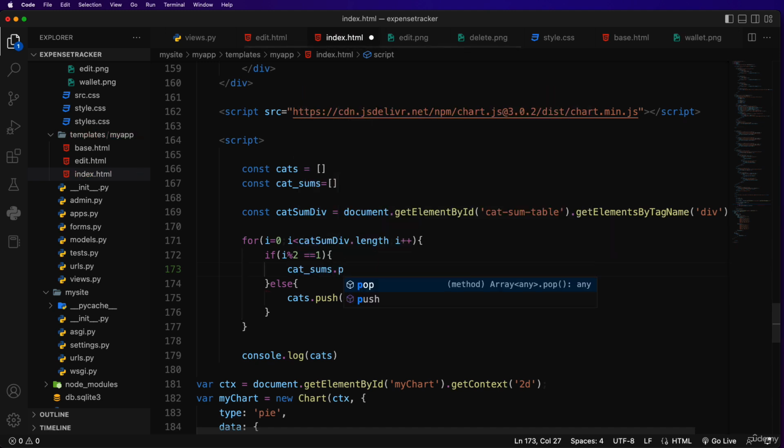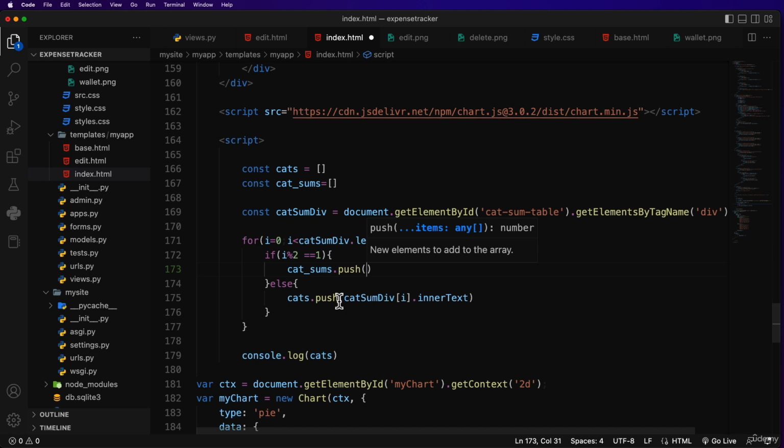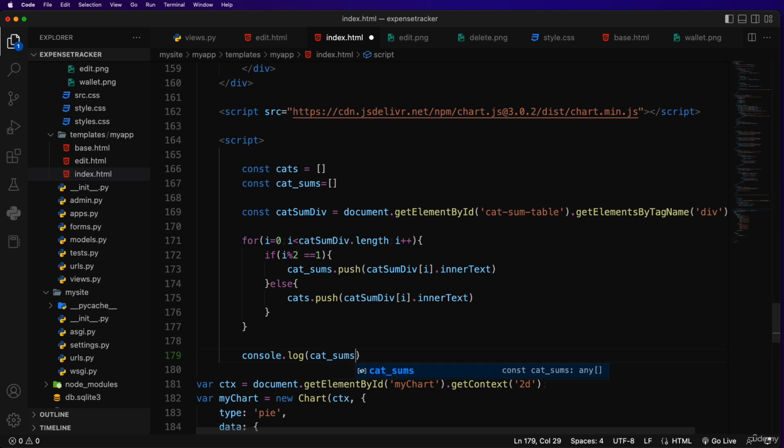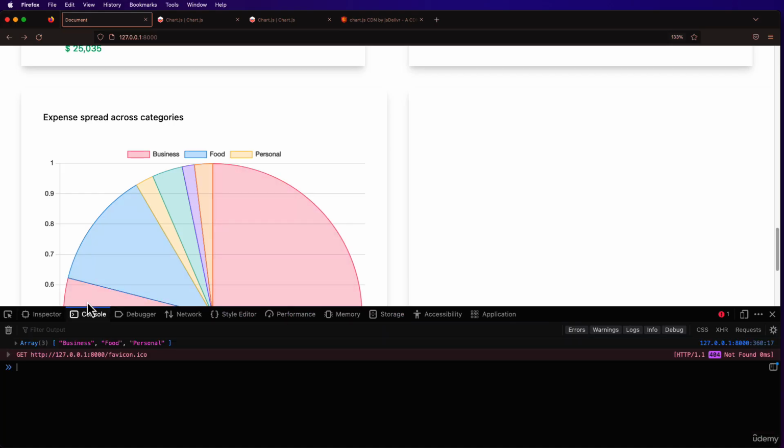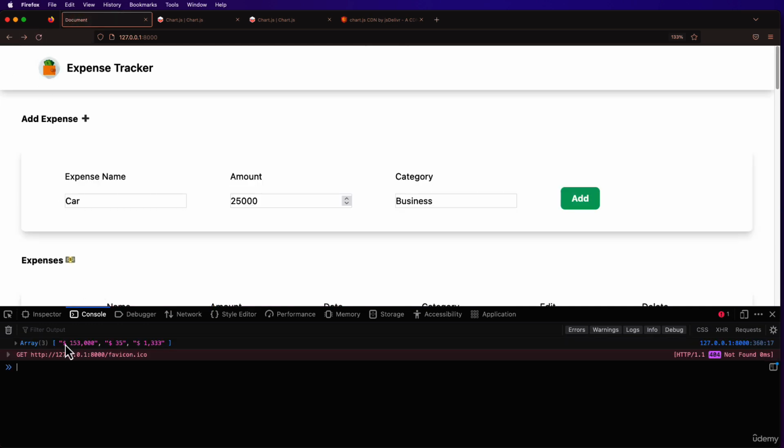So catSums.push, and just as we are pushing the values over here, we are going to do the same thing over there as well. So I'll copy this, paste it up over here, and now instead of logging the cat's value, I would log in catSums and see the result we would get. So I would go back here, go to the console, hit refresh, and now as you can see, we have